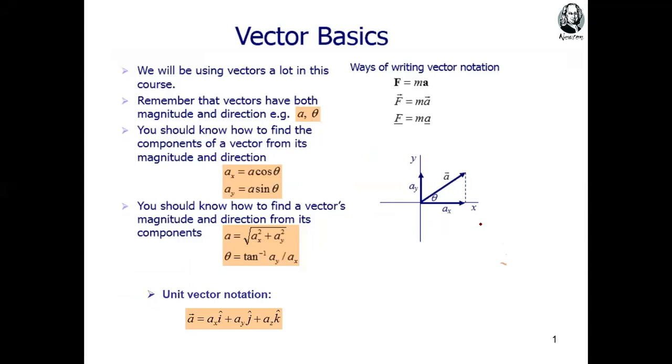Vectors. I already uploaded one video for vectors, but okay, a brief review from your previous lecture: vectors and their notation. What are vectors? All those physical quantities which require two things, magnitude and direction. You can say A and theta, magnitude and direction. Direction may be an angle, or for example north, east.